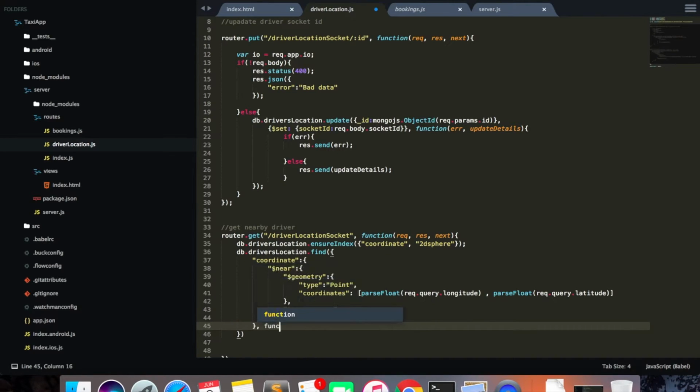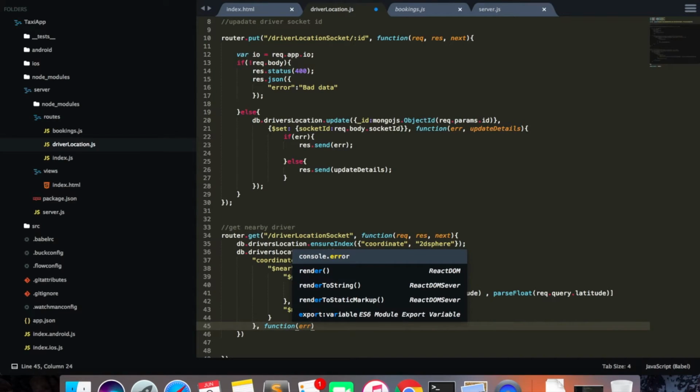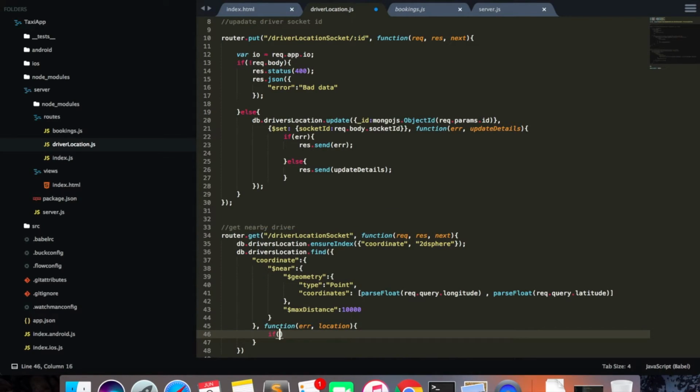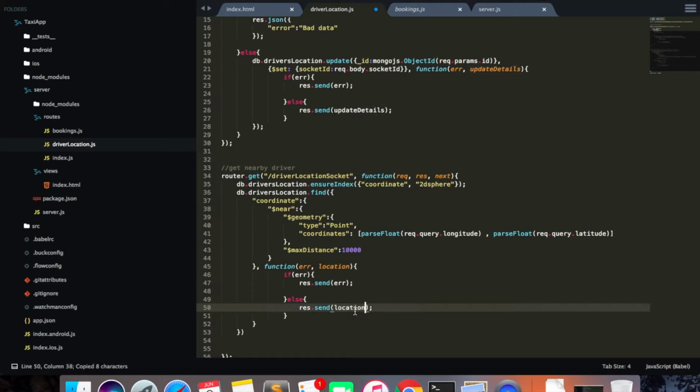Here I'm just gonna do a function with error and the location which is being returned. So if there is an error, we're just gonna do the same thing we did here. Just copy this and paste it here. We'll send in the location. Okay, so now